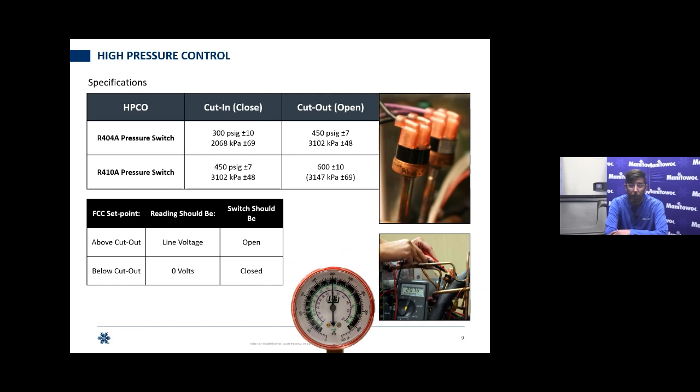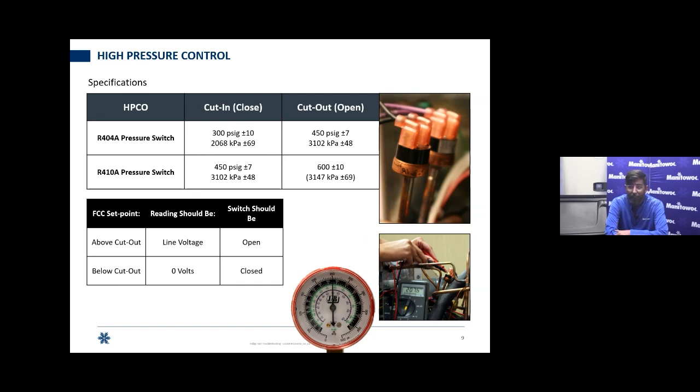Well, we also have a high pressure cutout switch in these systems. So for the 404 systems, that switch will cut out or open at 450 plus or minus 7 psi, and it will cut in and close at 300 plus or minus 10 psi. On the 410 system, 410 runs a lot higher. It cuts out at 600 plus or minus 10 psi and cuts in and closes at 450. Just like we were doing before, if you're above the cutout, so above 600 on a 410 or above 450 on a 404 system, you should read line voltage and that switch should be open. If you're below the cutout, however, you should read 0,